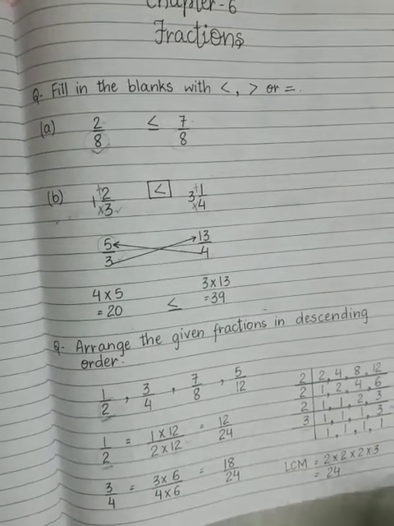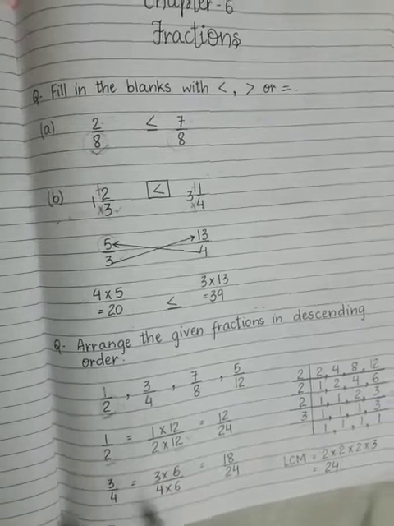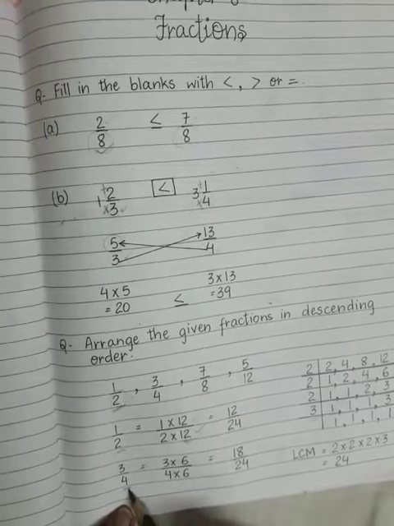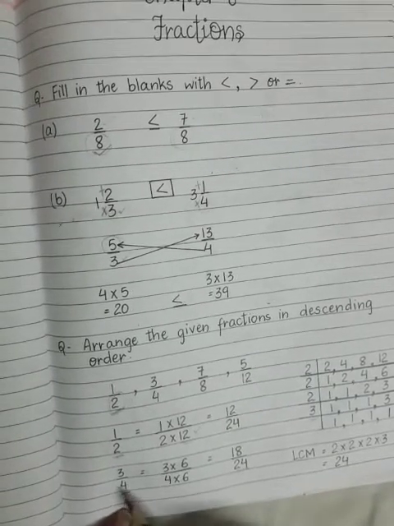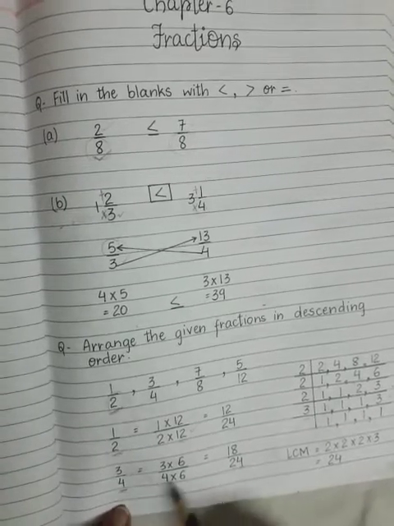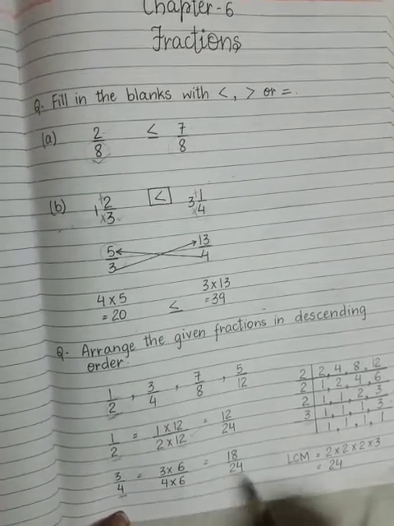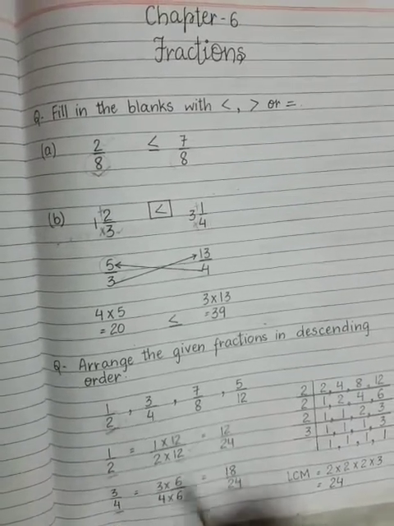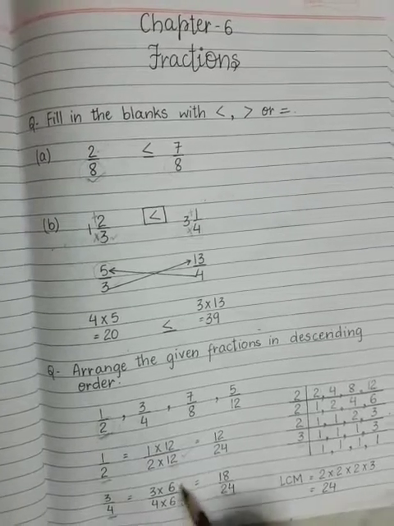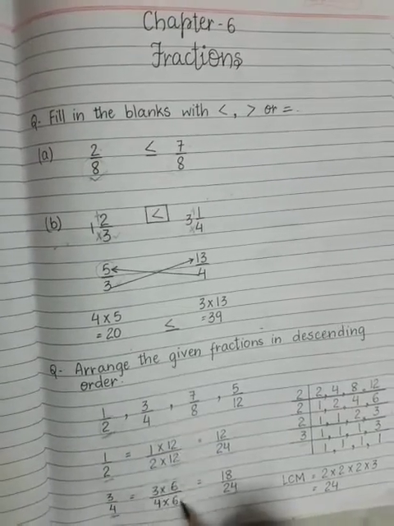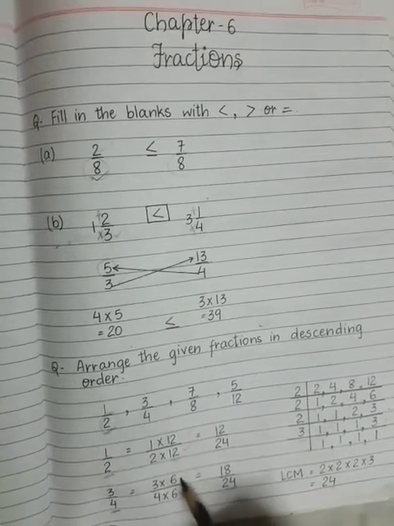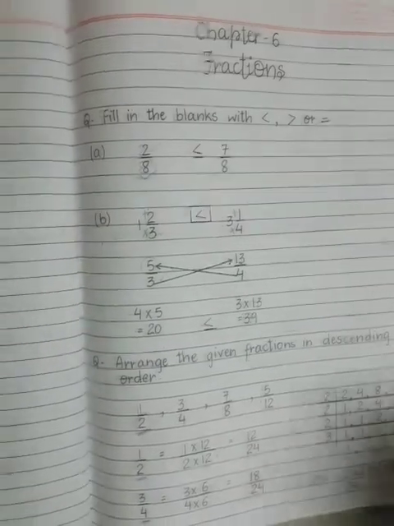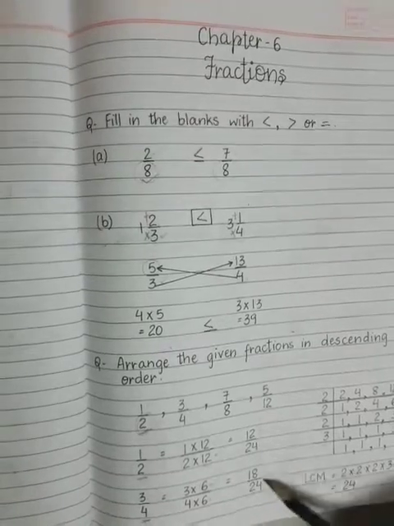Now, the next fraction is 3 upon 4, right. So, we write 3 upon 4, and this is 4. Now, how can this 4 become 24? Okay. 4 becomes 24 if we multiply 4 by 6. So, 4 6s are 24, yes, and according to the rule we will multiply by 6 in the numerator also, because the numerator and denominator get multiplied by the same number, okay. So, 3 multiplied by 6, okay, is 18. Now, we have got the same denominator for the two fractions.